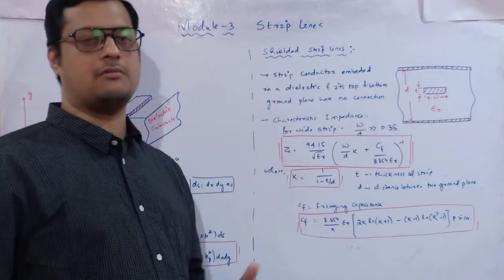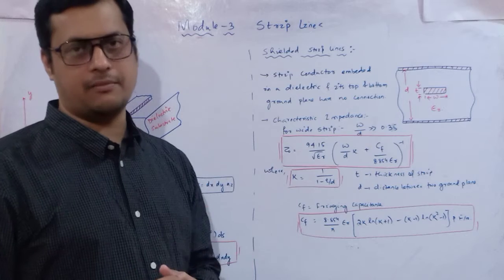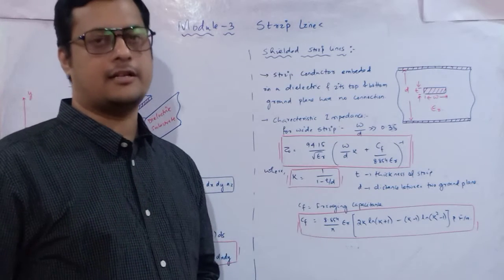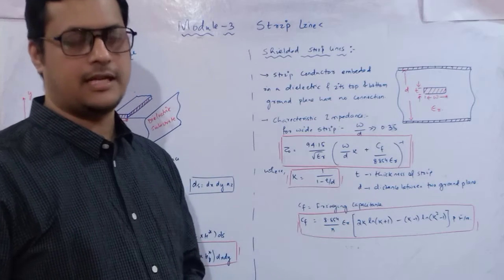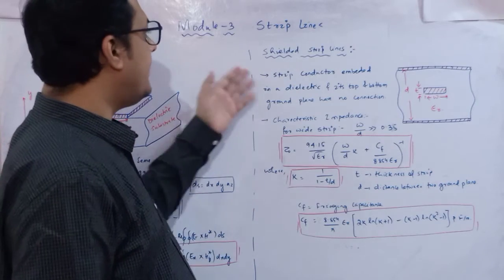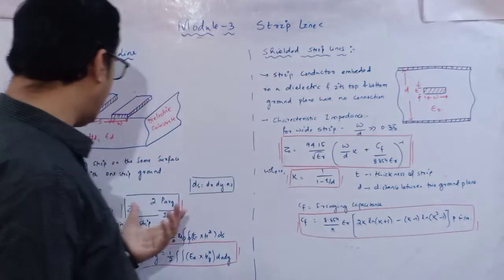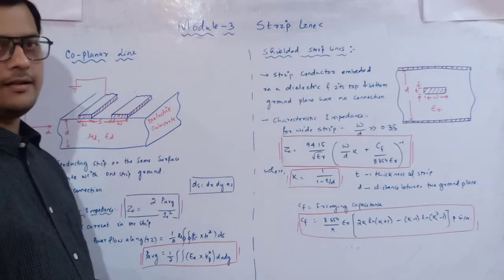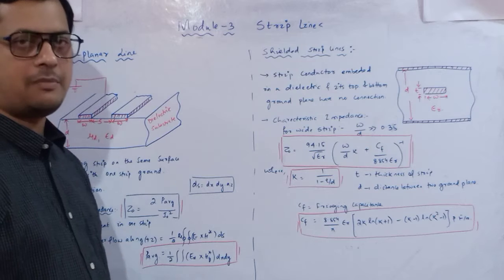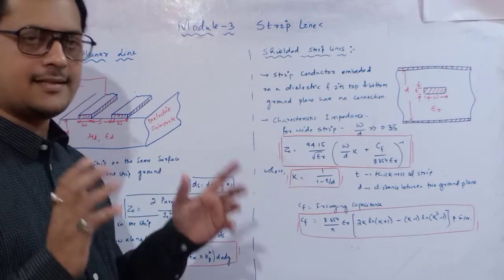What capacitances will come, how these capacitances help to generate the electric fields and magnetic fields, and how this analysis was done, that we will discuss. Okay. Next one is our shielded. So here you can see the characteristic impedance, due to the presence of these two strip lines, is twice the average power divided by I naught square. It is a general relation.